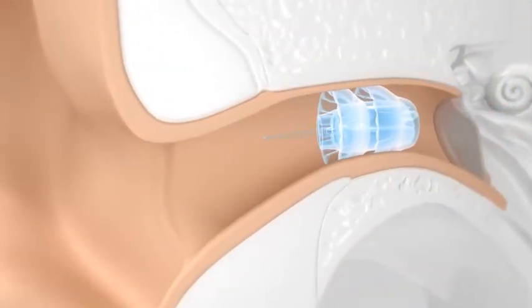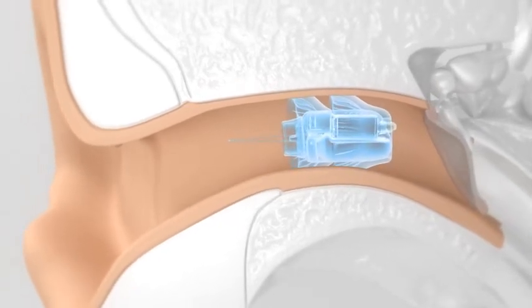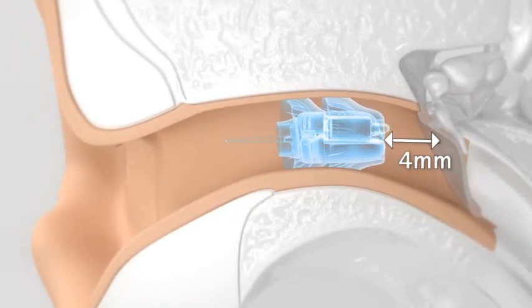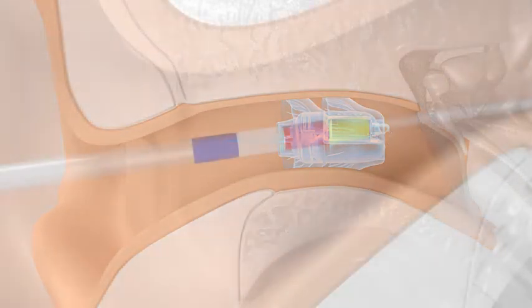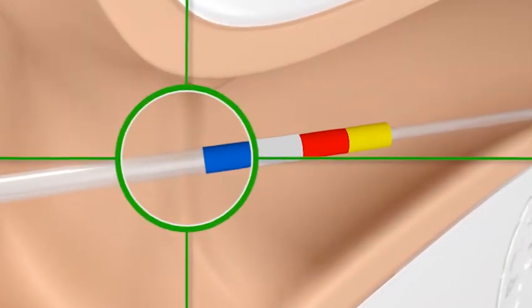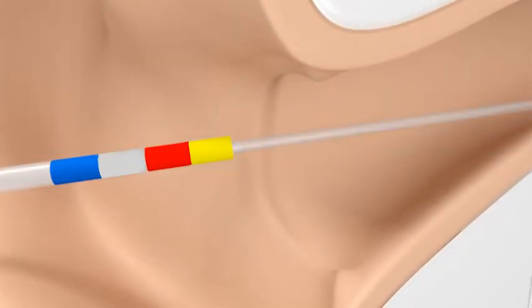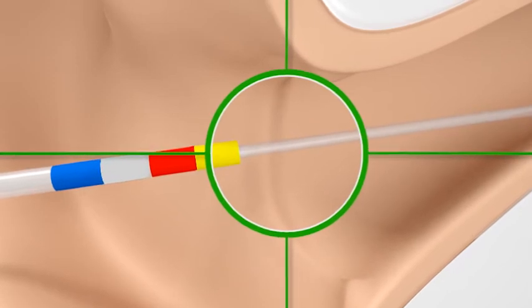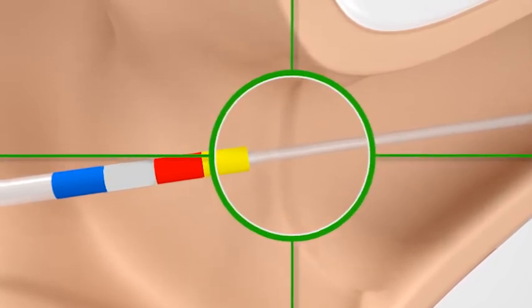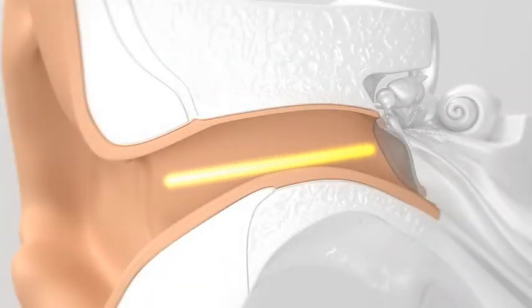Inserting the device to this depth will position the medial end of the sizer and the device approximately 4 mm from the tympanic membrane. If the posterior meatus aligns with the shaft past the blue color band marking, estimate its location. If the posterior meatus aligns with the tip portion of the length sizer, the ear canal is too short and will be contraindicated. After determining the maximum insertion depth for the ear, you are now ready to determine the